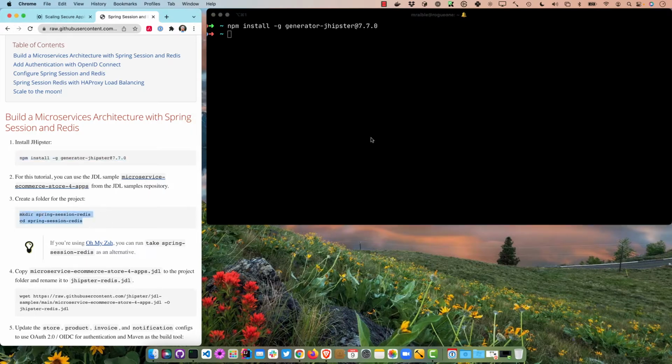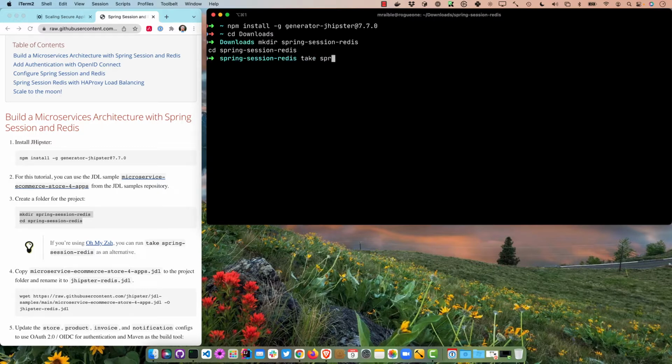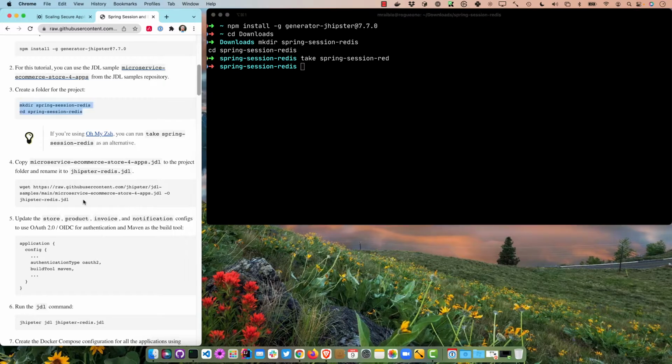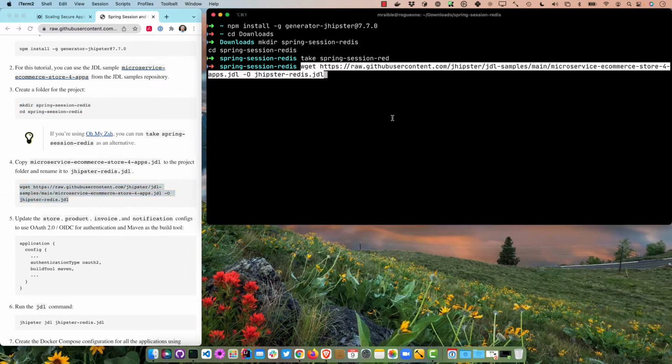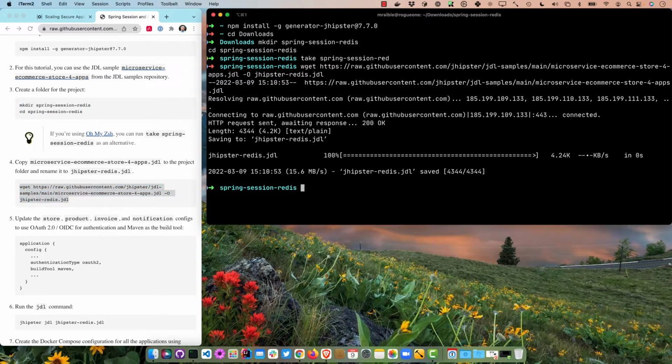We'll start by creating a folder for the project. I'll do this in my downloads directory. If you're using Oh My Zsh, you can actually do take spring-session-redis to do the exact same command that I just did. So that's pretty slick. Then we'll copy that JDL locally and rename it to jhipster-redis. Now if we were to open this up in IntelliJ